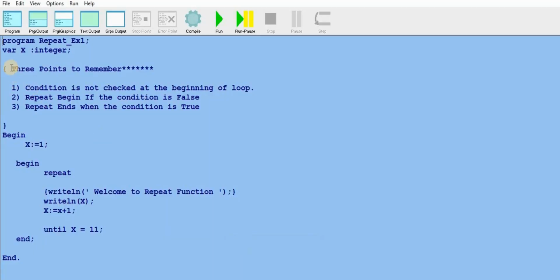Easy Pascal. So the 3 points I have written here. Remember those 3 points. X is 1 now. Initially x is given the value of 1. Repeat. What to repeat? I'm just going to write the first one. I'm going to just use the curly brace bracket, I'm going to comment this, and I'm going to open the comment,